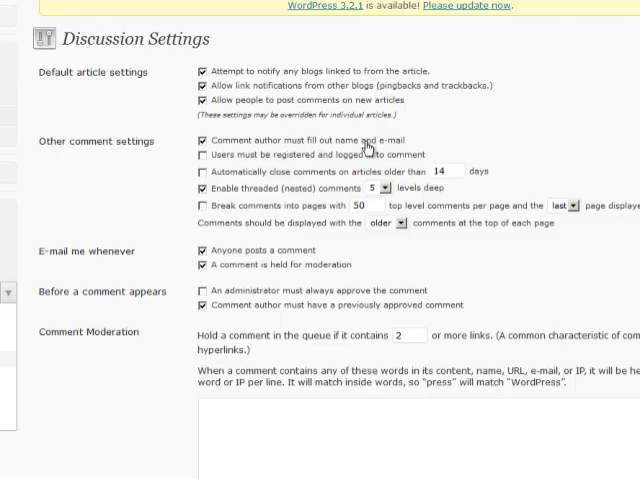Comment author must fill out name and email. I always make sure that's checked. Users must be registered and logged in to comment. If you check this box, you're going to get fewer comments and fewer interactions, so I would choose to keep that unchecked. Automatically close comments on articles older than 14 days. If you have a very busy, high traffic blog or website, you could check this, but otherwise you're going to find people want to comment on a blog post or on a page